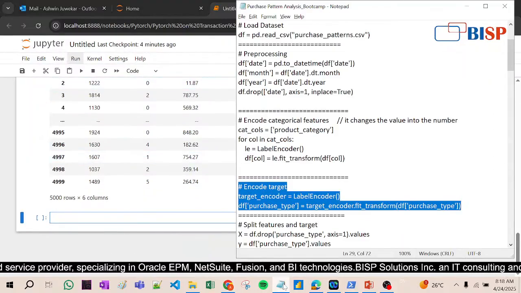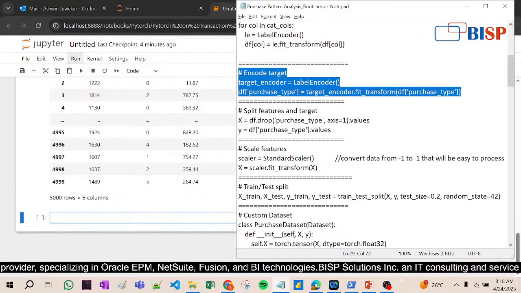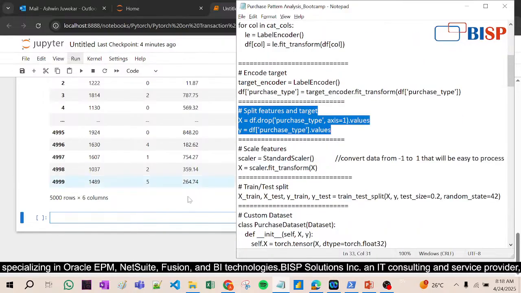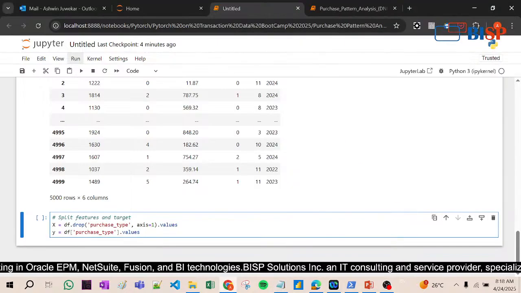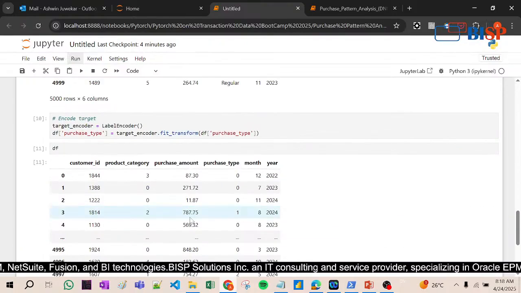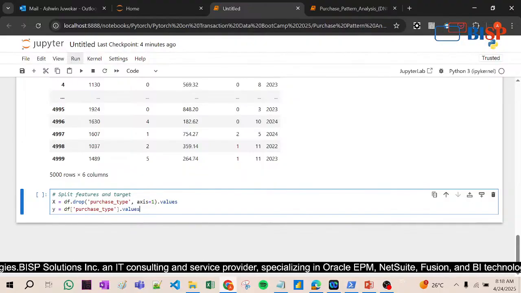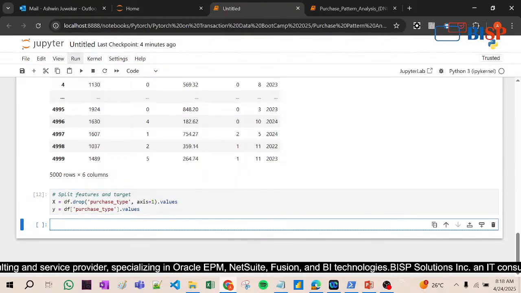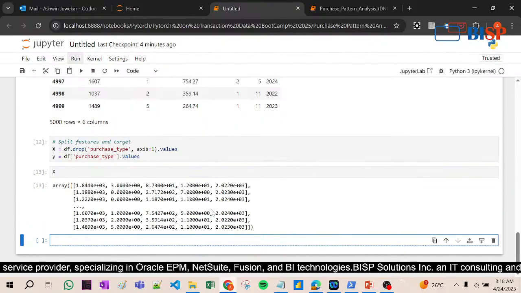Now let's see this split feature and target. Okay, now feature and target means the independent variable and the dependent variable. Independent variable means already which are available, that means customer ID is available, the product category is available, purchase amount is available, month and year. Now what is not available? Purchase type we want, right? So from X purchase type we removed, and in Y we have given purchase type. So now if I make it this, look at this,